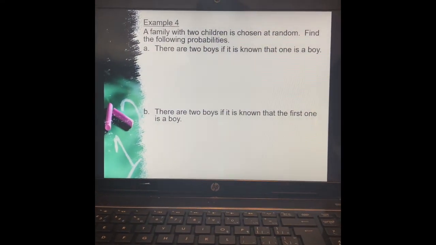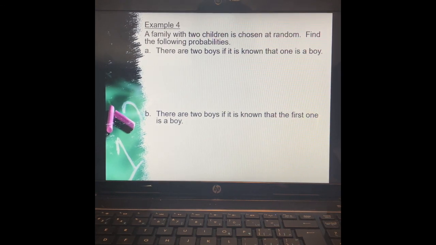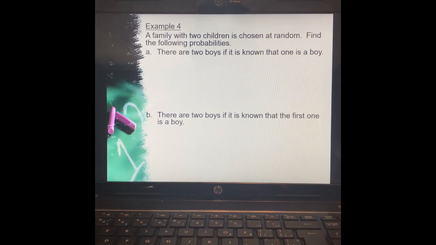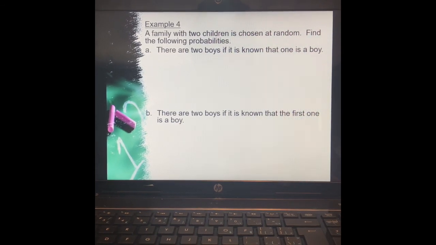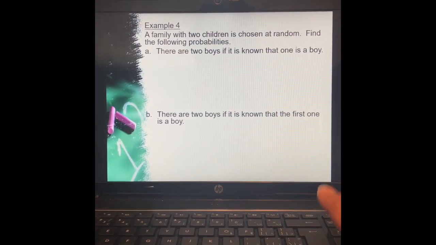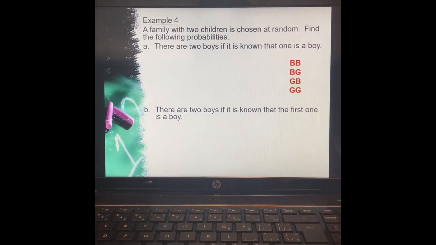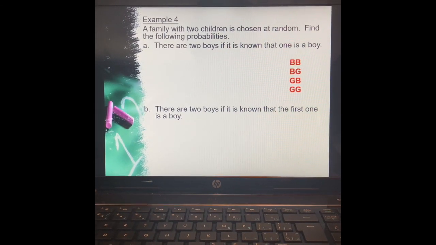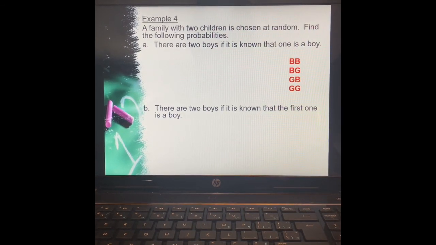Family of 2 children is chosen at random. Find the probability that there are 2 boys if it's known that one is a boy. Or there are 2 boys if it's known that the first one is a boy. Now, those are different. So, first of all, there are 2 boys if it is known that one is a boy. If you know that one is a boy,